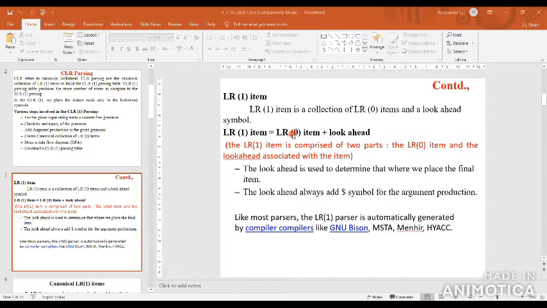So what is a lookahead symbol? Previously, for the SLR parsing table construction, when the grammar ended you had to use the follow function. Here there is no need to calculate the follow function. Based on the follow function we calculated the lookahead value, so how do we calculate the lookahead value? You have some rules, and based on the rules only you calculate the lookahead value.